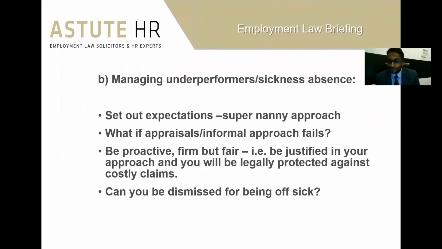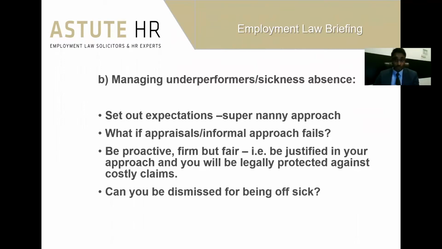A very common question, so dealing with sickness absence, a very common question I get is can you be dismissed for being off sick? The short answer is yes, but it depends on what the circumstances are. So if it's more than 2 years service, then what you need to be able to do is get a medical report, determine what you can do to help that person come back to work, and if there's nothing that can reasonably be done and you follow the correct procedure in the way that I mentioned before,